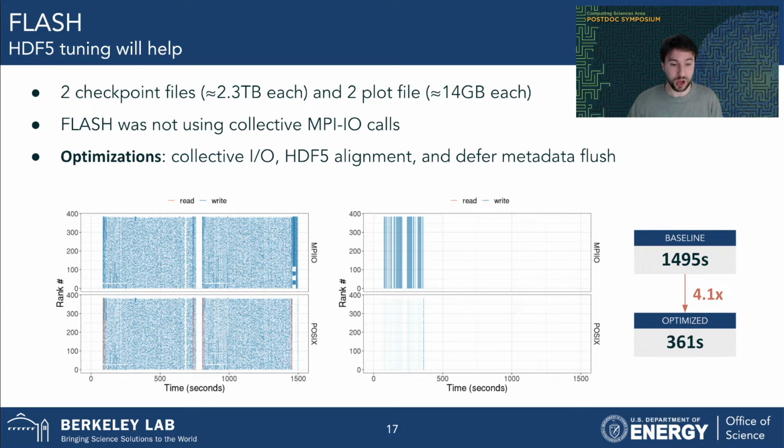So the MPIO and POSIX look very much the same in our initial run. So when we attempted to turn on collective operations, combined with setting the alignment in HDF5 and writing all the metadata into cache only at the end, so the deferred metadata flush, we got up to 4.1 times improvements using those operations. And you can see from the plots here, at first glance, if I don't tell you that they are from the same application, you might think, oh, maybe they are different applications because the behavior we see